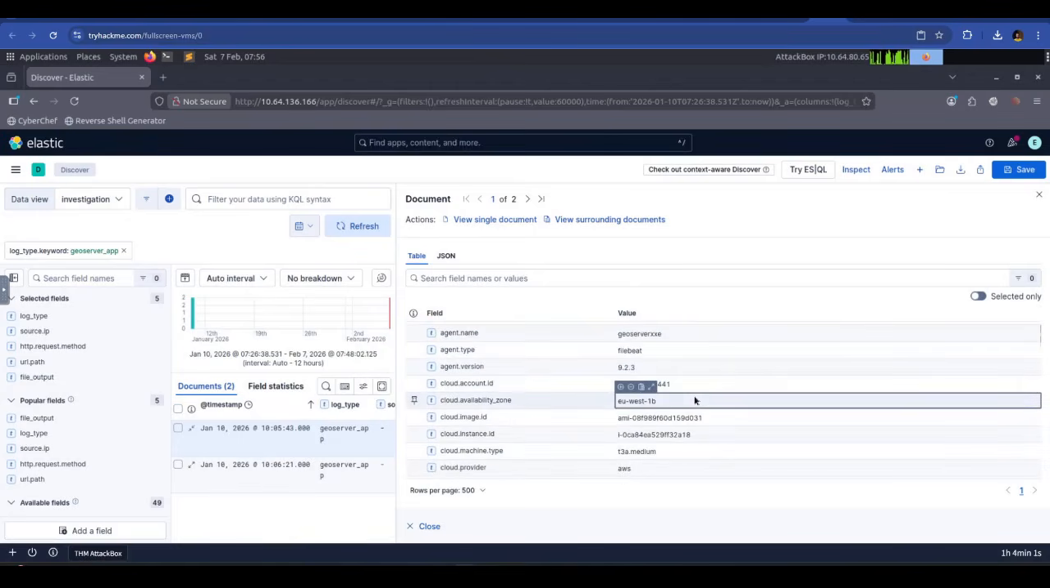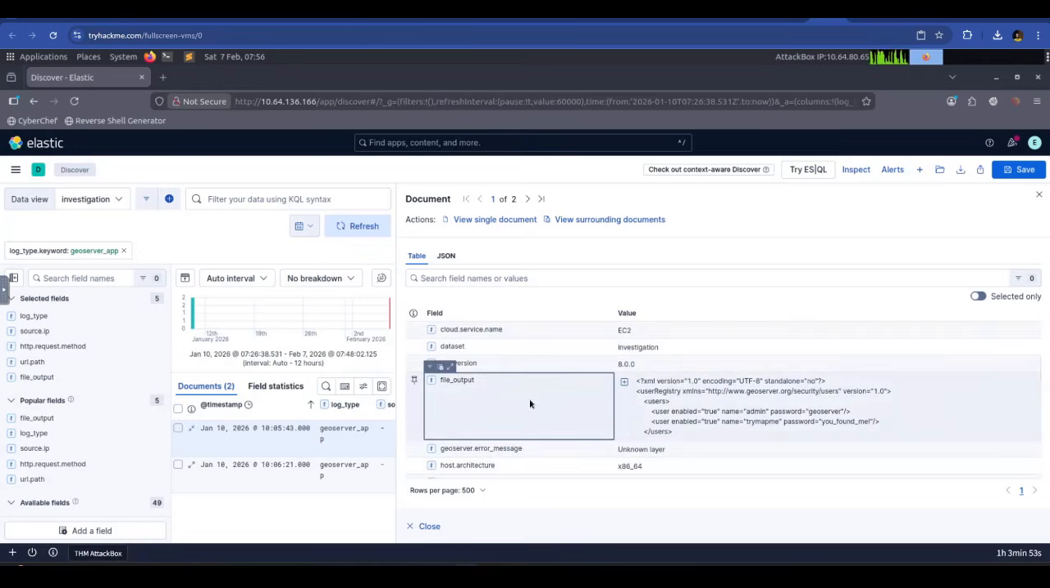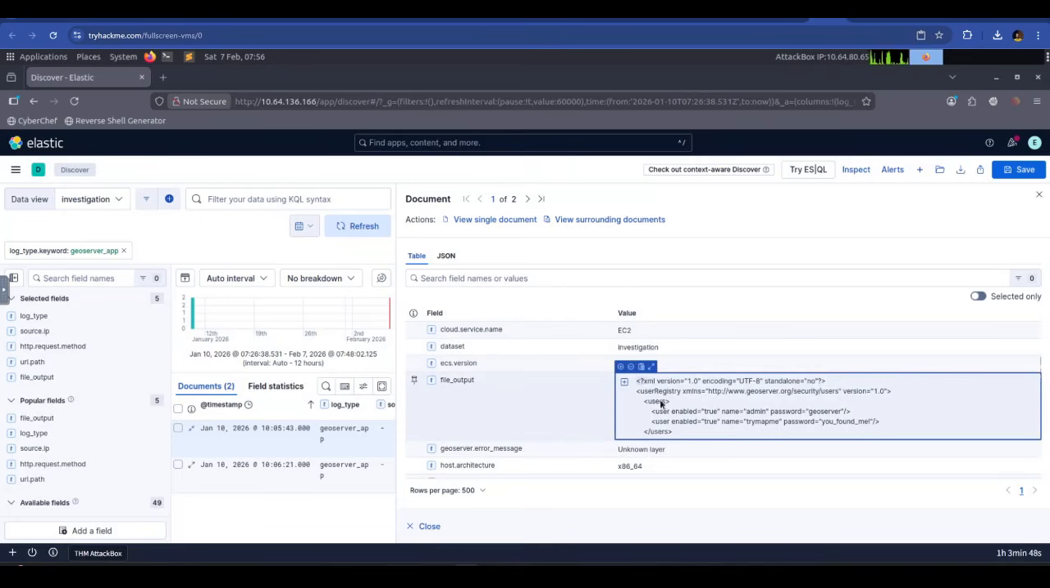Here it's very important to note a couple of important fields, such as the file output. The file output here holds the response sent from GeoServer to the user who sent the request. You see the response is in XML. And since we're talking about a GeoServer vulnerability that includes the attacker sending malicious XXE payloads, the attacker here would send a request to reveal the contents, or the username and password, stored in the data store file in GeoServer. The data store file in GeoServer is used to store the username and password